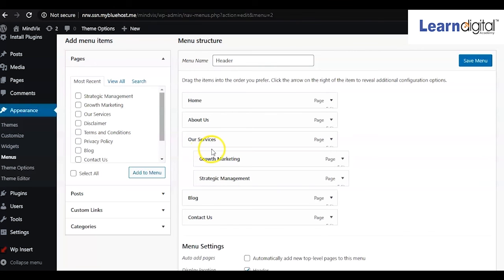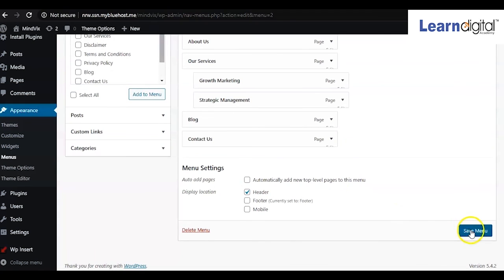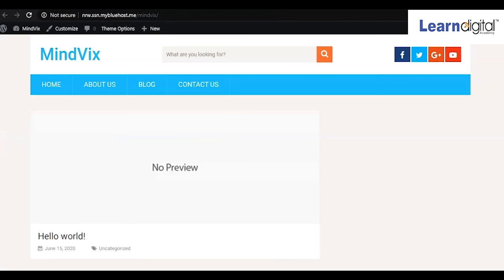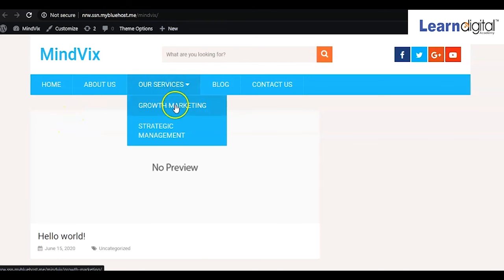So in our services pages, these sub pages will become. After doing that, scroll down and click save menu. After saving it, you can go to the front side and check whether the things are coming or not. So this is the main site, and here you can see only 4 pages, right? If you refresh this page, it will show the other pages as well. So now we can see our services, right? When we bring the cursor over here, we can see these 2 sub pages have been created now. So like this way you can create sub pages for any pages.